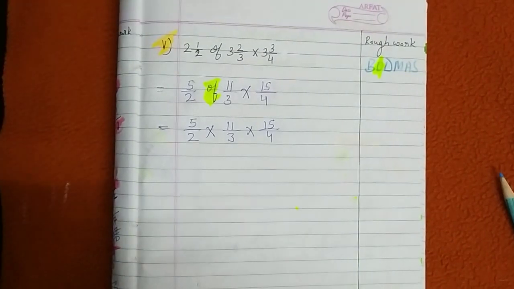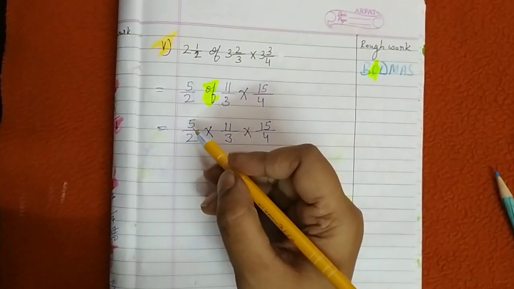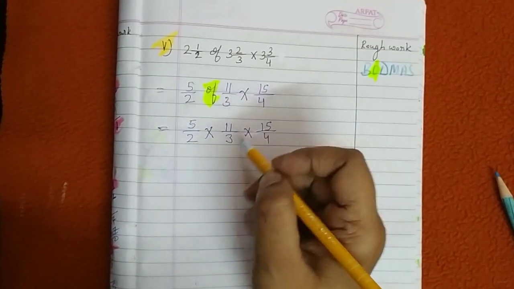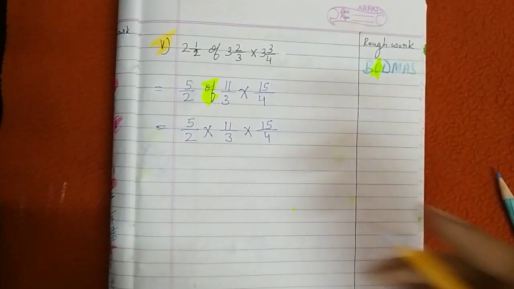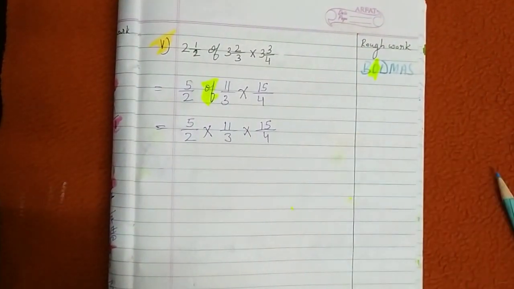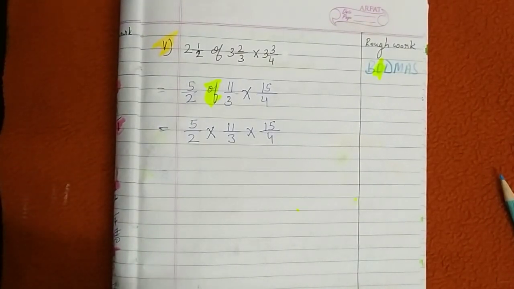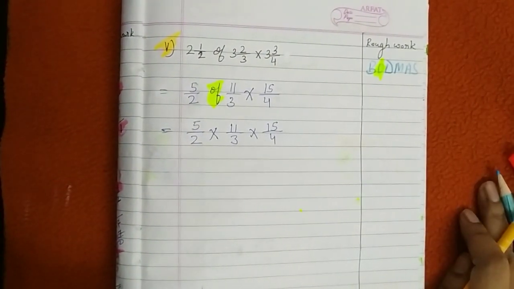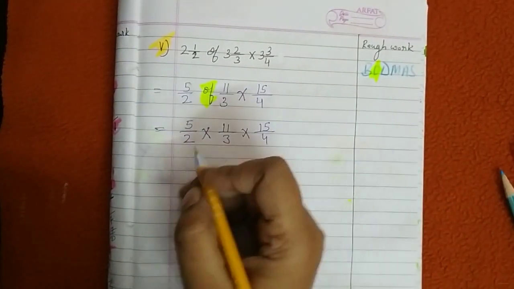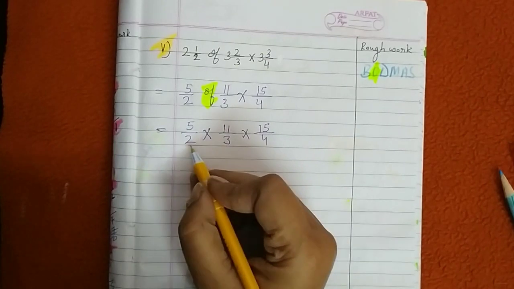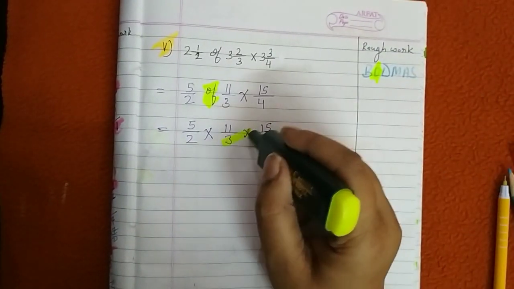Yes. Now first check vertically, can we bring it into smallest form? 5 upon 2 is already in simplest form. 11 upon 3, it is already in simplest form. And 15 upon 4, it is also in its simplest form. This much is clear. So children, here vertically they are in simplest form. Now let's check diagonally. 5 3, no. 2 11, no. 3 15, yes. We can simplify this first.